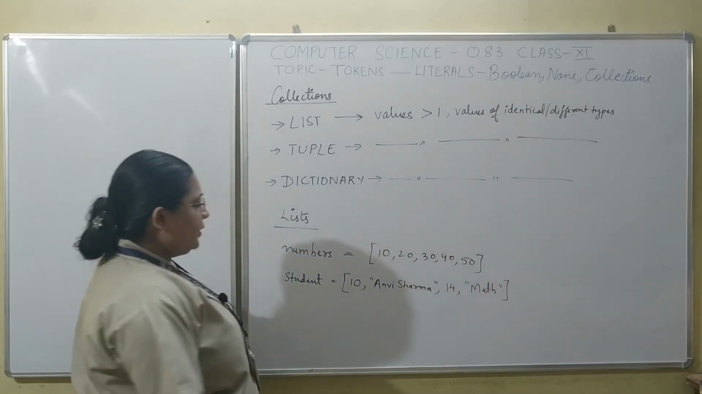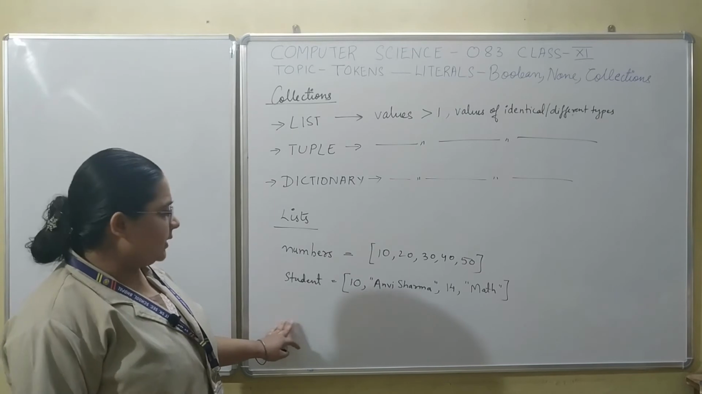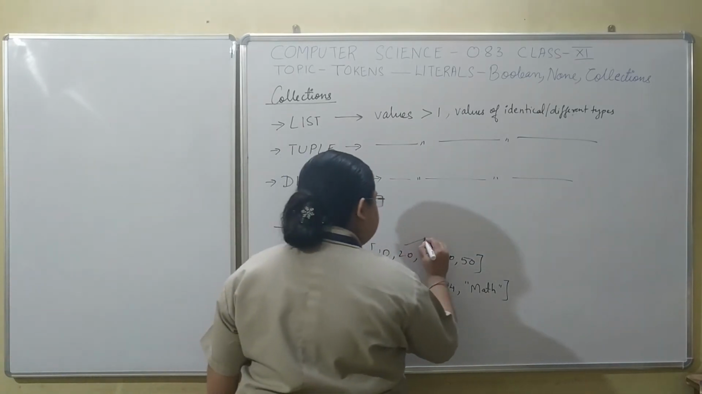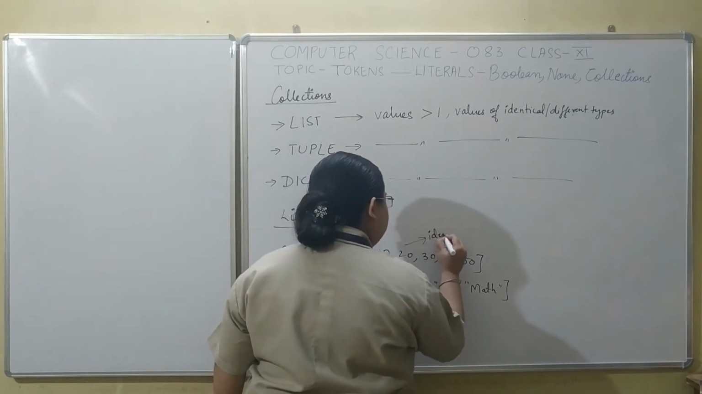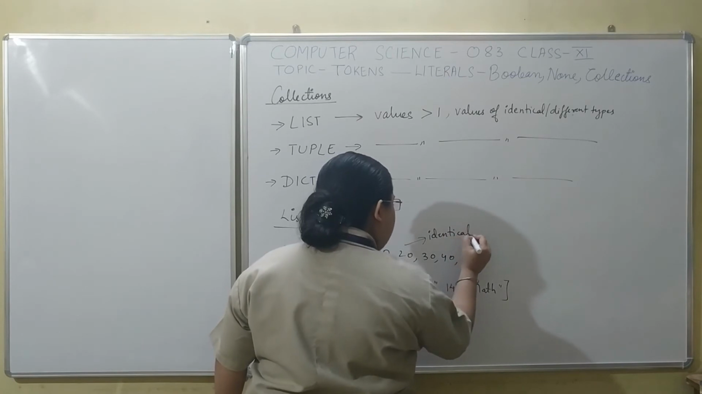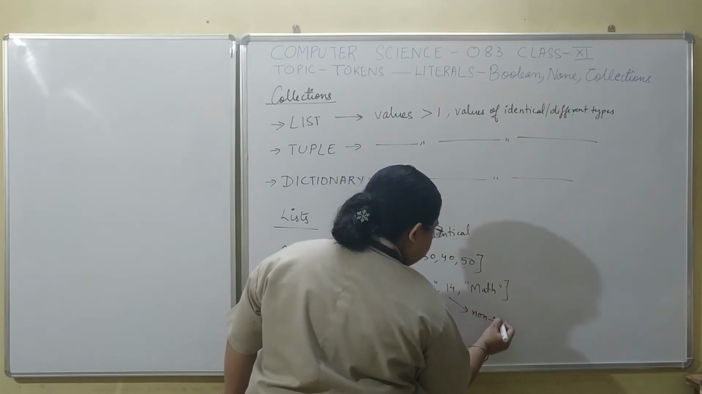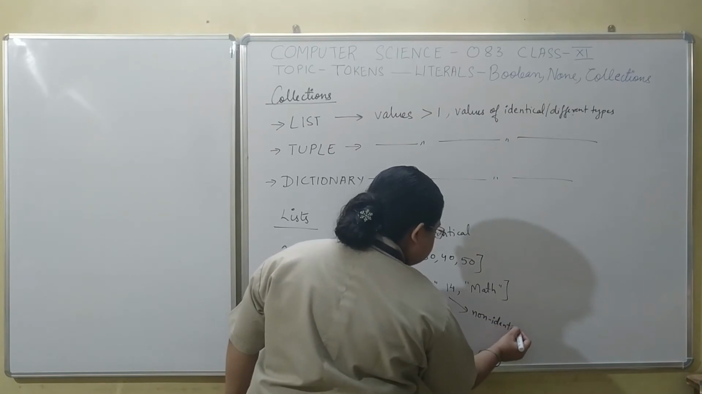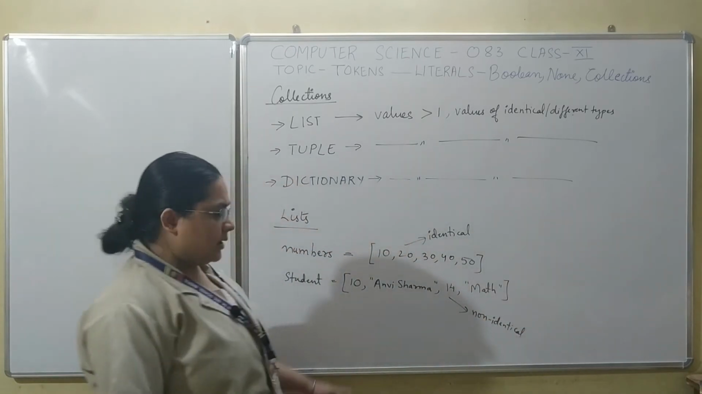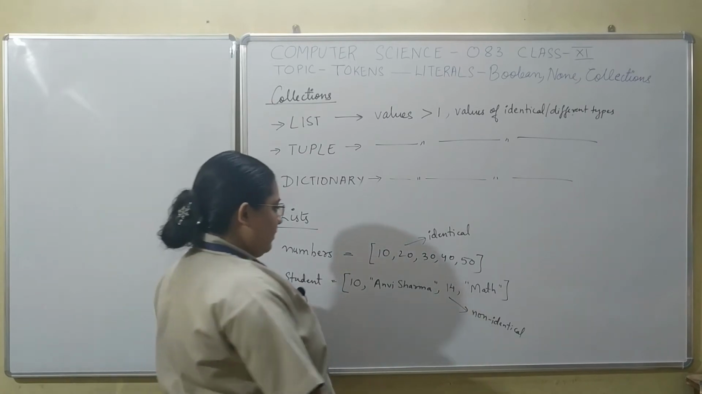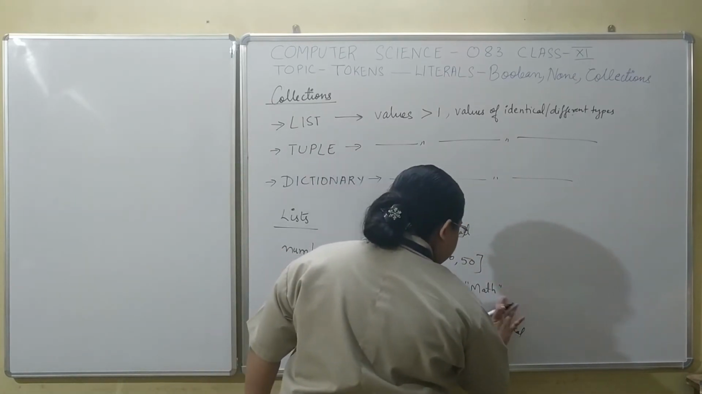So you can see 2 different types of lists over here. One which contains data of identical type, and the other which contains data of non-identical type, that is, data which is of different types. Okay, if I add one more field over here,